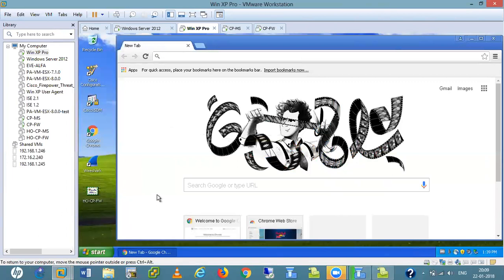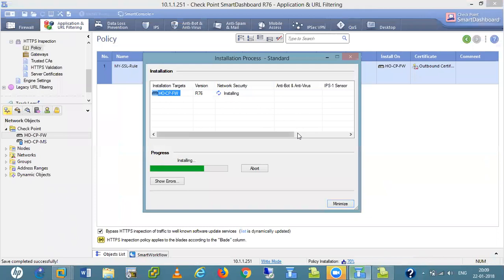Last time I tried for Google, it was not working, but for banks, it works. For banking, all these things. I don't know why. Maybe for Google, it has some history, so that's why it is not working. But in real-time scenarios also, we need to create the certificate and everything. Actually, I am telling you how you deploy the firewall in real time, not in a lab. It's the same thing we do in real time.